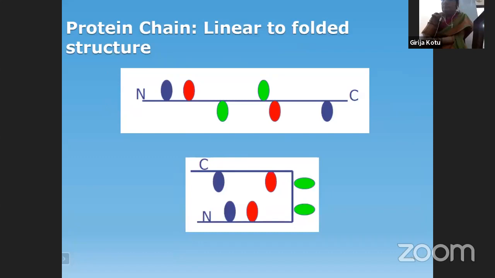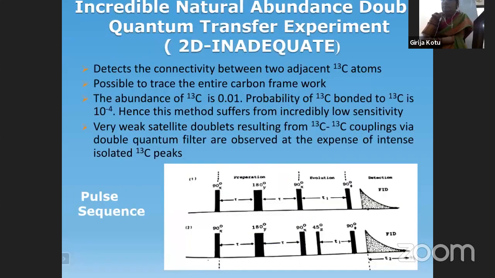And how do we identify through NOESY? Through cross peaks. If you find a cross peak, then we can say the molecule is not linear. If the molecule is linear, you don't find any cross peak between red red, green green, and blue blue. But if you find a cross peak between red red, green green, then you can say that the molecule is no more linear, it is folded. That's how you can extend this to other different molecules and then assign the geometry, conformation, configuration, the stereochemistry. So the stereochemical ambiguity can be ruled out with the help of this.